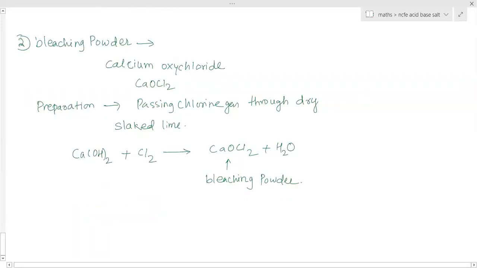Now uses of bleaching powder. For what purpose are we using this bleaching powder? What do you mean by bleach? Does it mean cleaning? No. Anyone knows bleach? Ma'am, yes. It's removing the color. Who told this? Ma'am, yes, Arvind. Removing the color, removing the colored pigments. Actually, the colored components. Ma'am, it means making a thing white.